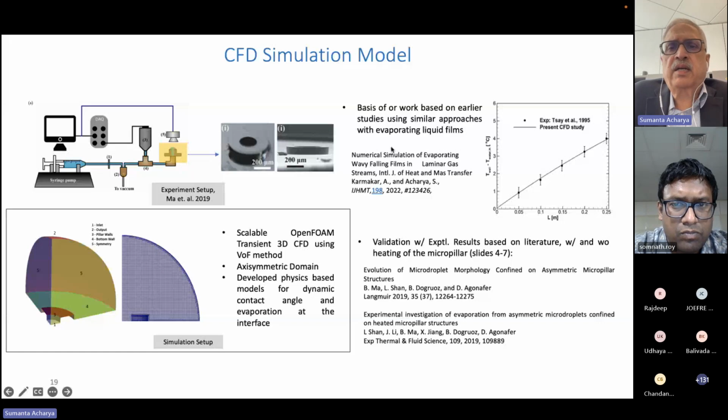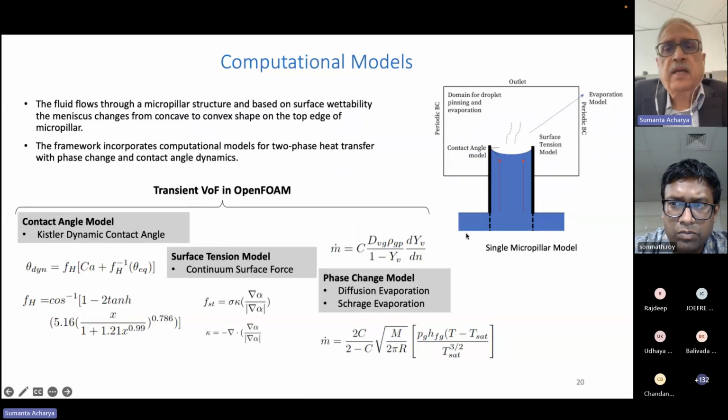We have done some earlier work with a former student, Abhijit Karmakar, looking at falling film with evaporation, and you can see the agreement with experimental data. It's quite good. So now we are comparing with experimental data for this particular geometry, both unheated, this is the unheated micropillar, and these are heated micropillars with evaporation. For the